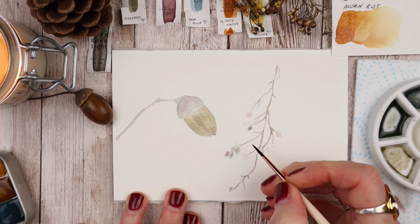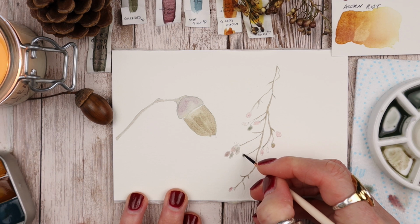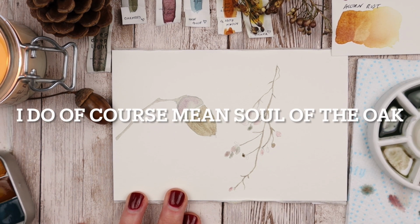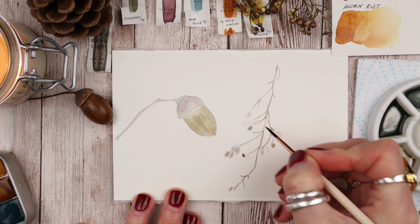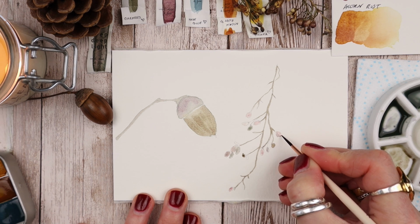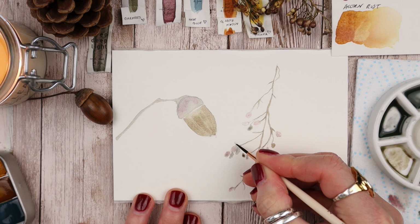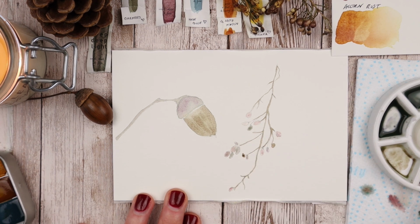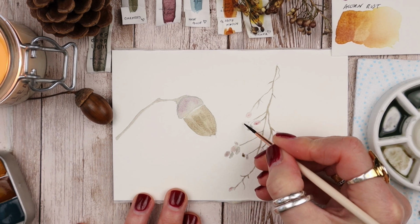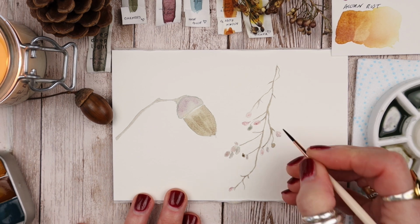You can even put a bit of oak moss in if you want to. So we've got oak moss, purple reed, and the sole of the earth. Sole of the oak, I do beg your pardon, sole of the oak. Dropping it in to the little wet buds. Okay, just adding a bit more. You can add as much or as little as you want to. You can build up those colours,